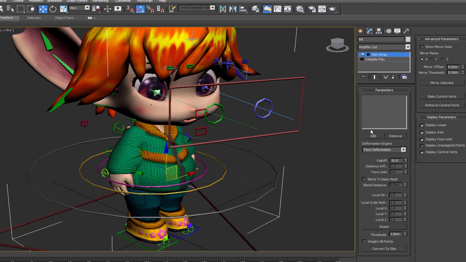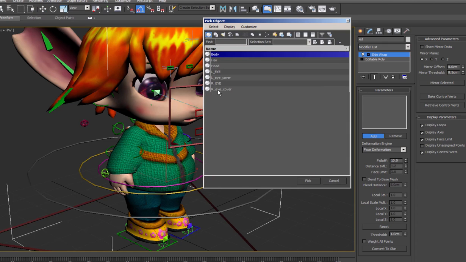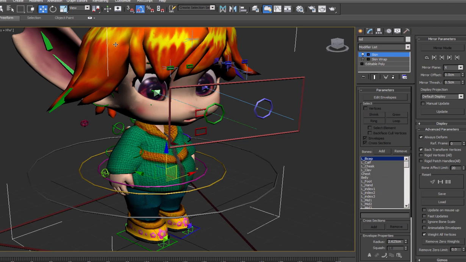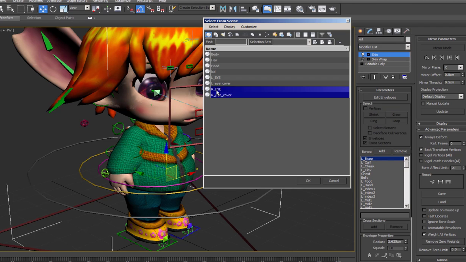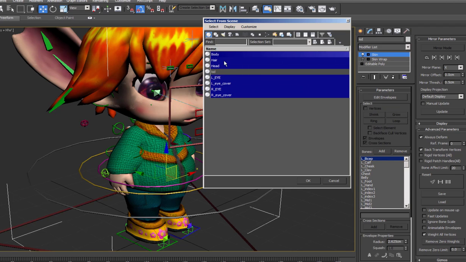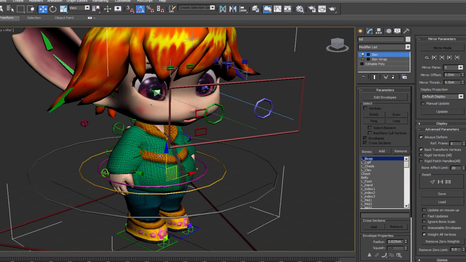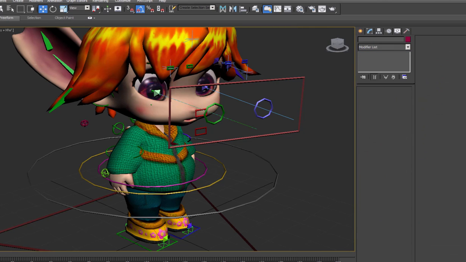So once you get those, make sure you click on add, and then you go select by name, and we can shift click and grab all of these and hit pick. That'll pick all the original body parts with skin mesh associated with them. So if we move this around, it should work pretty good. We can click on convert to skin, and what I would do now is we'll go select by name, and everything that isn't the new consolidated mesh, control click on all that stuff, hit OK, and then right click and say hide selection. So now you should just have that kid mesh when you click. Alright, so the next thing I would do is click on auto key.